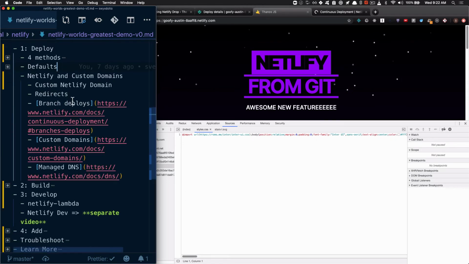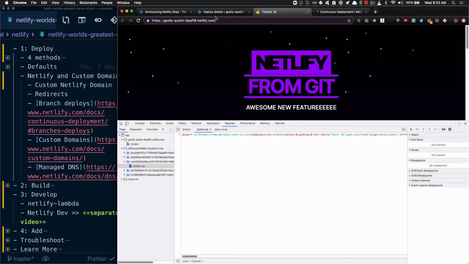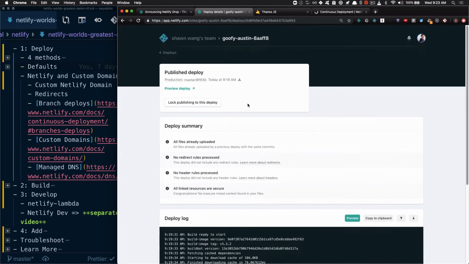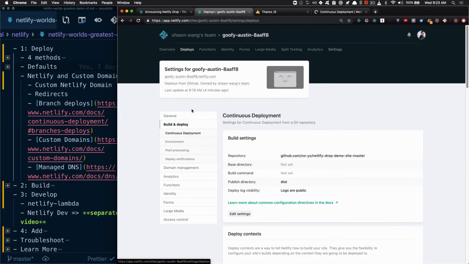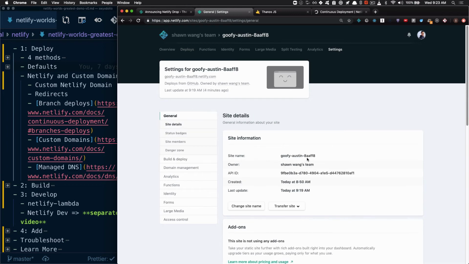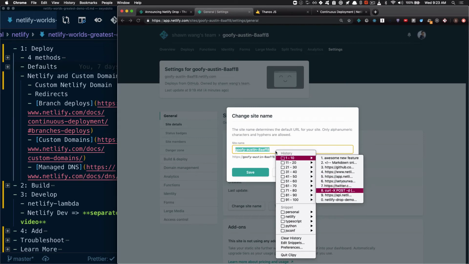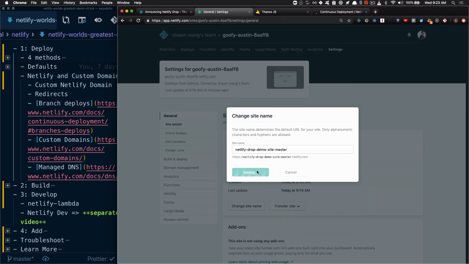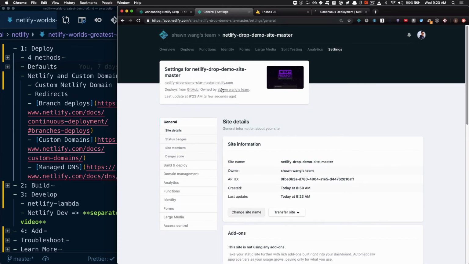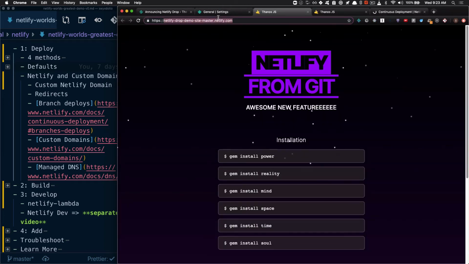And the last part of the deploy section is going to be about customizing the URL, the domains that your customers see. So the first thing to try is to not stick to the auto-generated ones that have been assigned to you, but just to customize what that looks like. So over here, I can go over to deploy settings, go to general, and change the site name. So over here, I can say Netlify Drop demo site master. So now when I click over here, it has a more ergonomic site name,